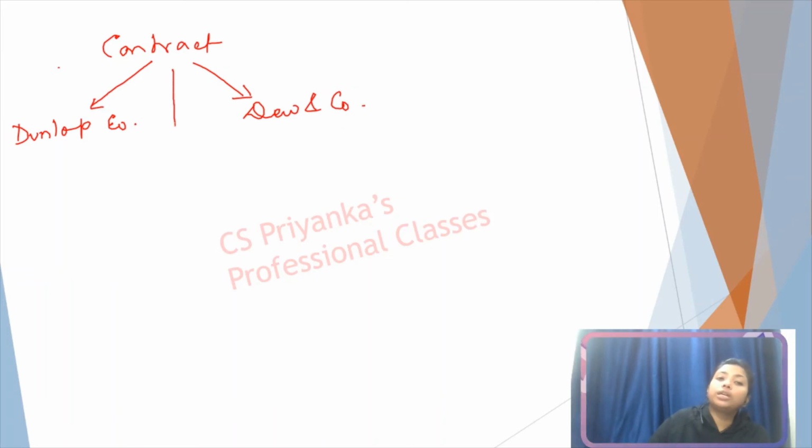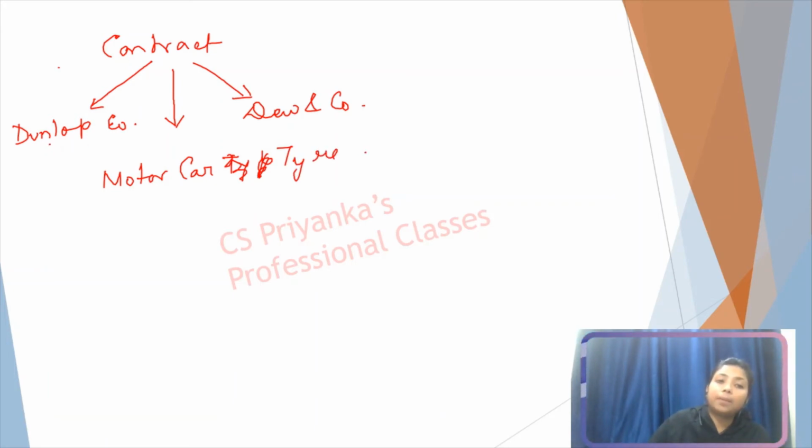Now the object of the contract is motor car tire. Dunlop Company is the manufacturer of motor car tire and entered into a contract with Dew and Company to sell this motor car tire,